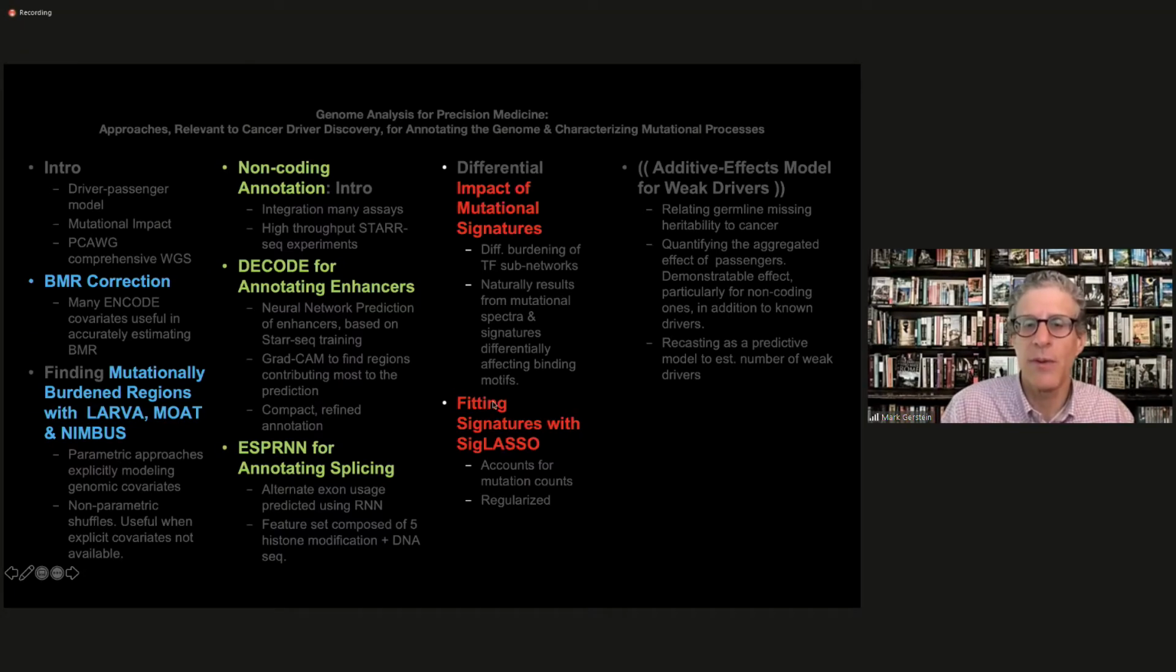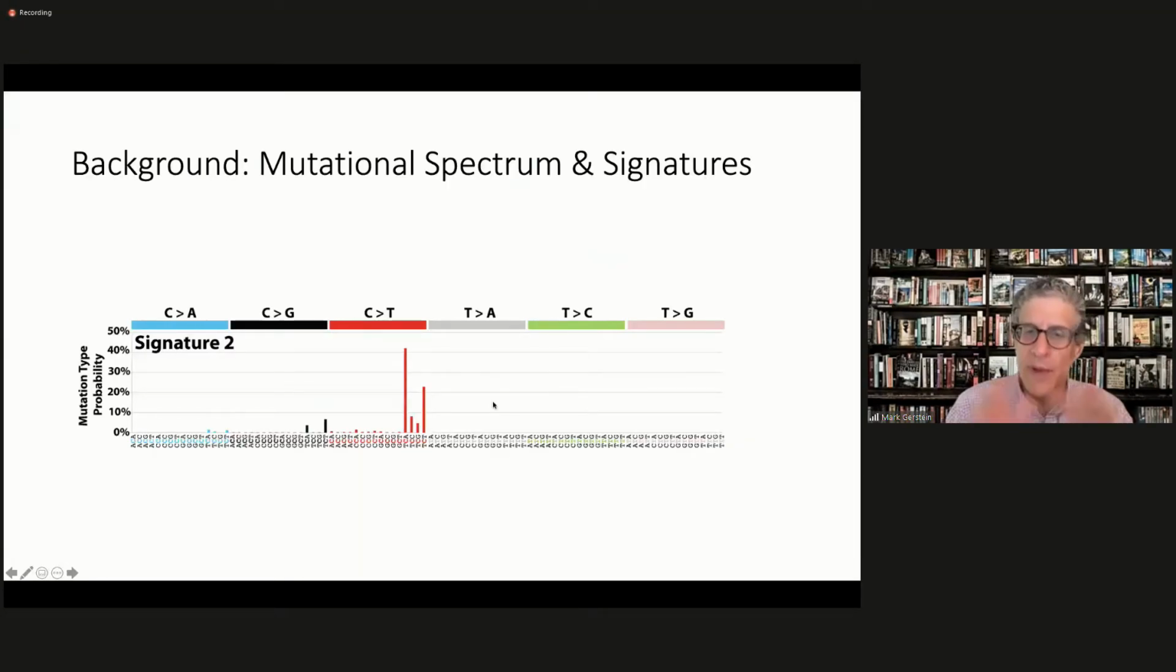Now let me tell you a little bit about the signatures. So a little background on signatures. This is more on the background mutational rate that you have in the genome. If you drill down a little bit more, the background mutation process is actually very complicated. So there are the genomic covariates that we talked about, but there's also the notion that